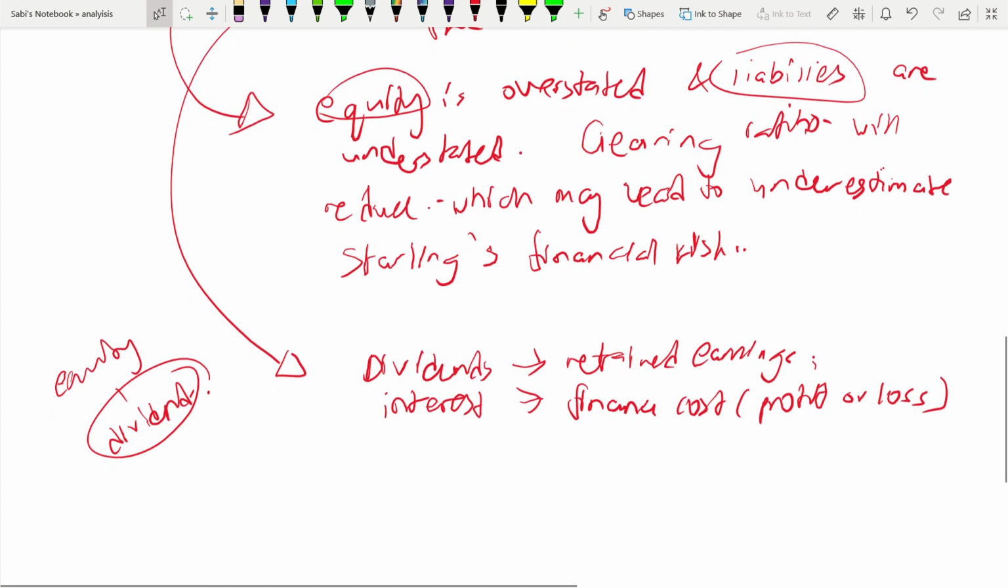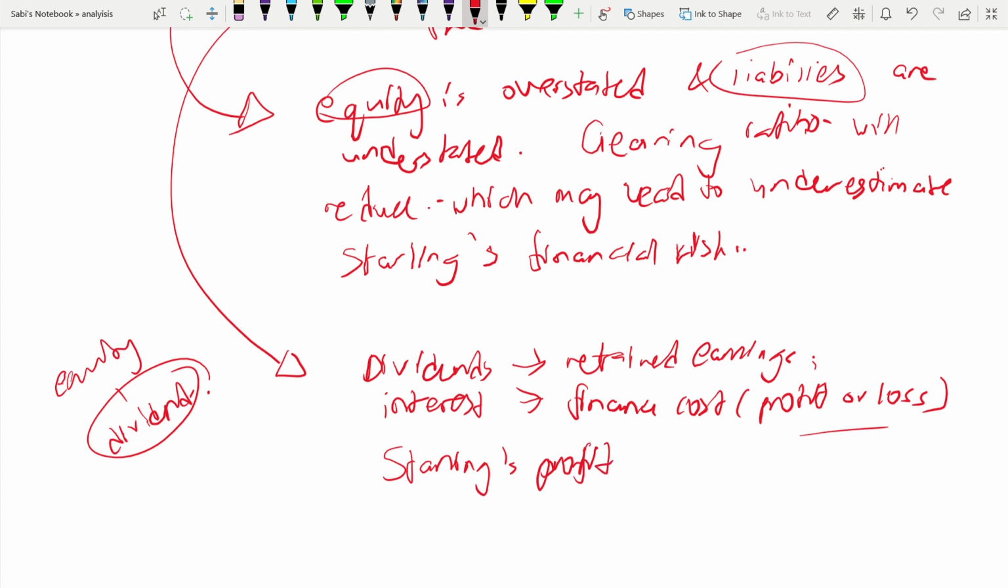Two more ratios. See, when you talked about profit and loss, talk about profit. Okay. See, you will get a clear link. Like this, you have to build your answer. So this means Sterling's profit. Whose profit? The name of the company. Sterling's profit. Because something will go to profit and loss, it will impact their profit. So Sterling's profit